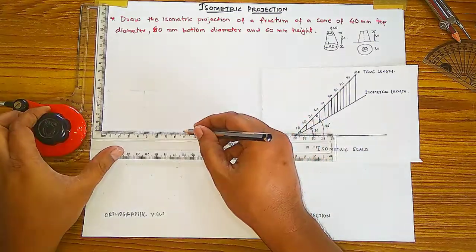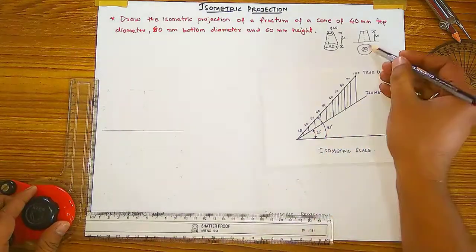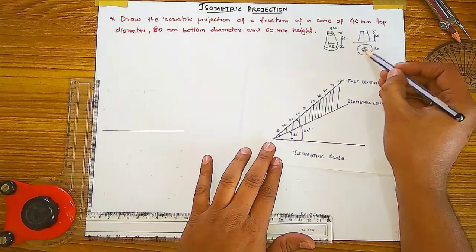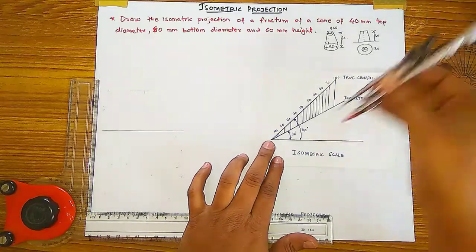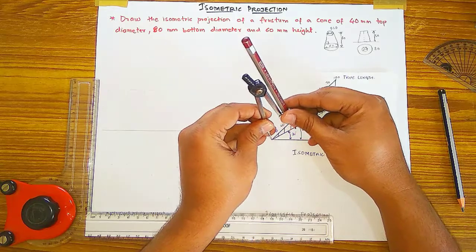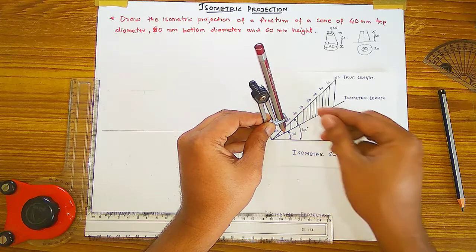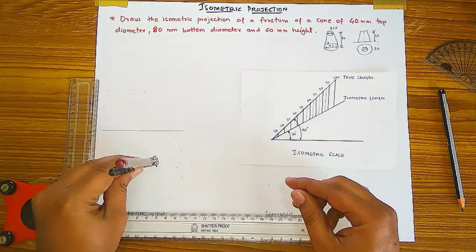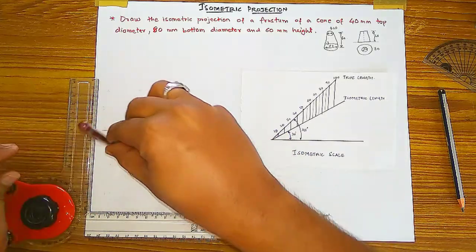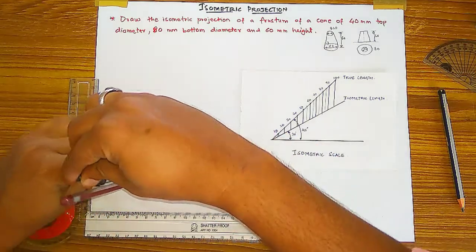First take an XY line like this, or imagine a reference line. Then to draw the two circles, starting with the 40 mm diameter: in the question the circle diameter is 40 mm, but we have to take the isometric length to draw the circle. This half length will be 20 mm. So to draw the circle of 40 mm we have to take 20 mm isometric length. So the 40 mm circle of isometric length has been created.